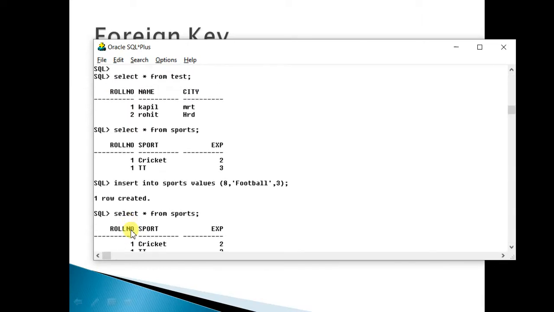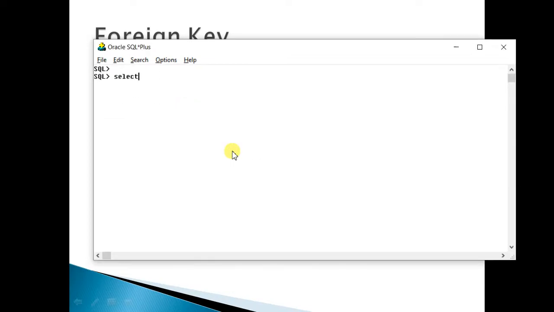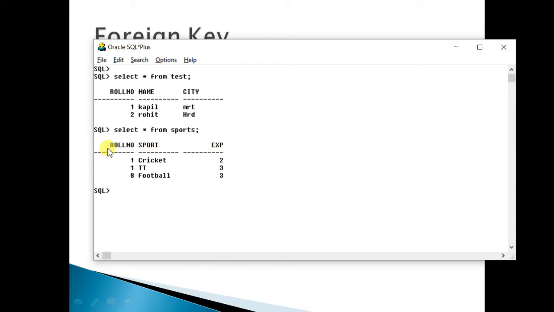So this 8 should not be allowed. It means what we want is that in this roll number column, only those roll numbers can come which are present in this roll number column. Let me show you again. Select star from test, select star from sports. So what we want is that this roll number should contain only those values that are present in these rows of this column.